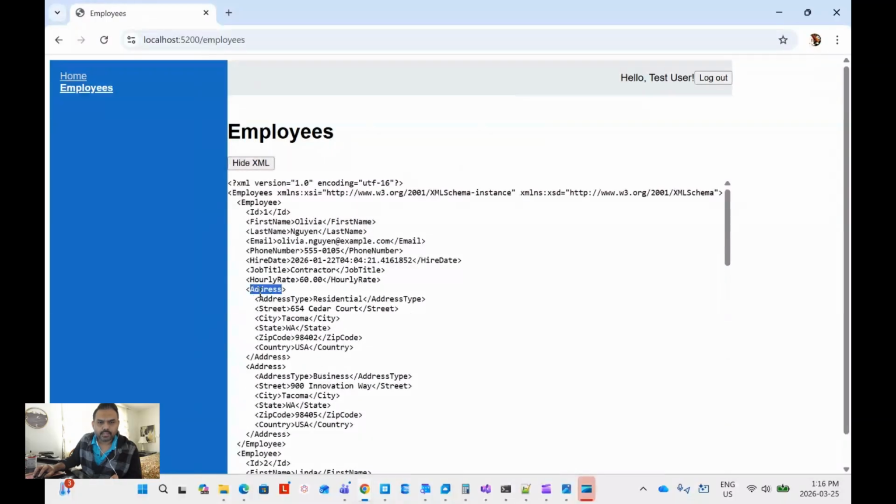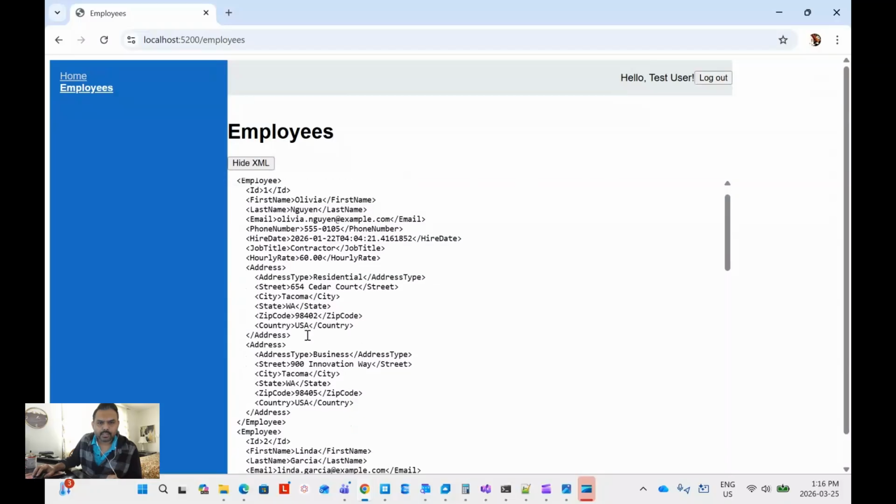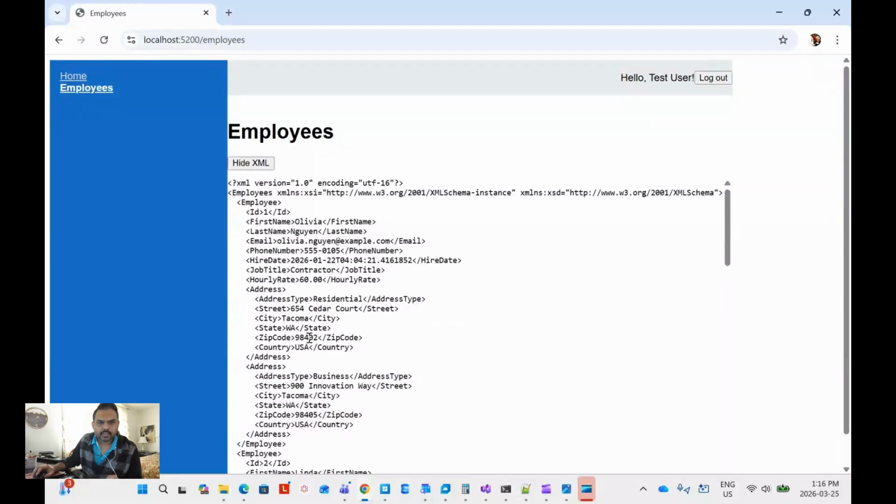Now I have the address, I don't have all those IDs, and I now call it address type, and that's it. It's cleaner. So this way you can easily declare your class and build your class structure, and then later on you can easily convert it into XML